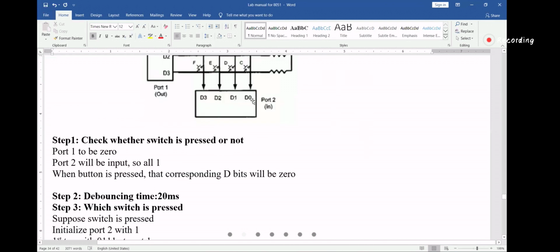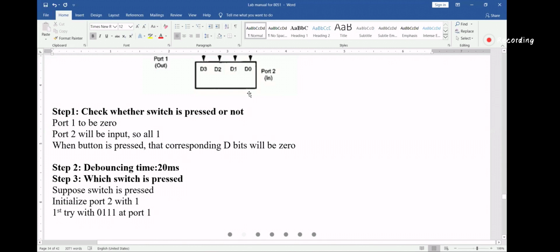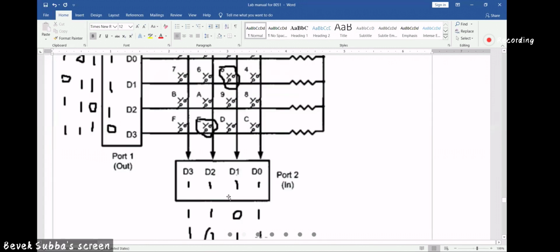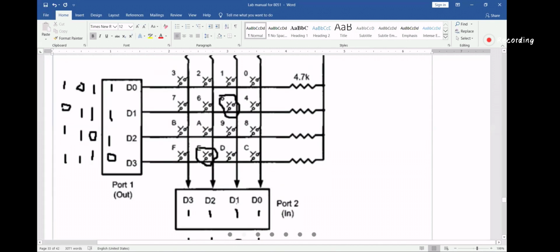we make all these port 2 pins ones. See, all the pins of port 2 as ones. Okay. Again, because these are input ports, and I will give digital binary values, a nibble of 4 bits, in port 1 by varying them like this.